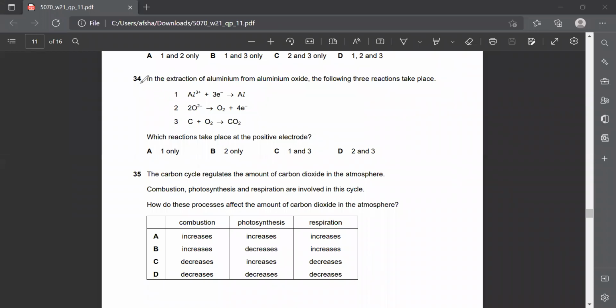Moving to question number 34. In the extraction of aluminium from aluminium oxide, the following three reactions take place. Aluminium ions combine with electrons to form aluminium. Yes, correct, this reaction takes place at the cathode in the extraction of aluminium. Now, oxide ions lose electrons to form oxygen. This reaction takes place at the anode, and there is a side reaction which takes place at